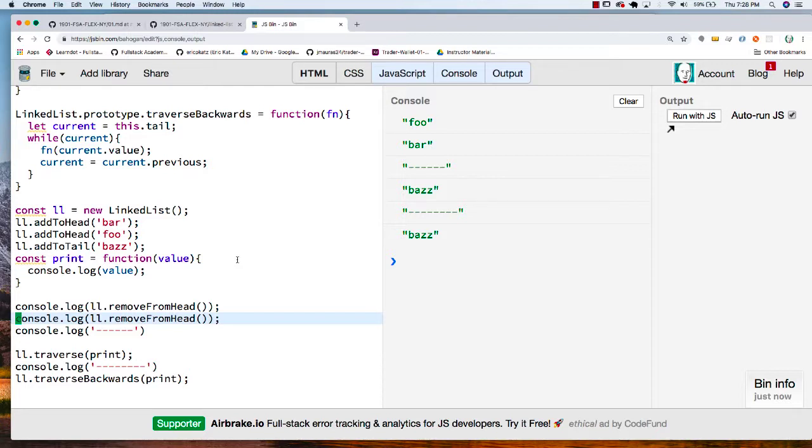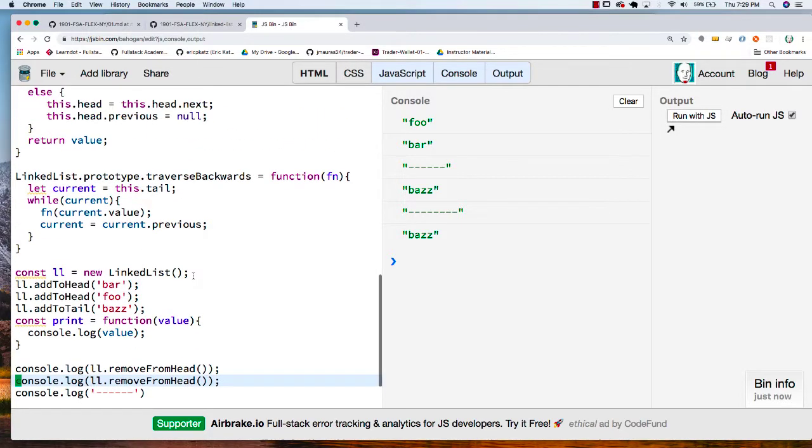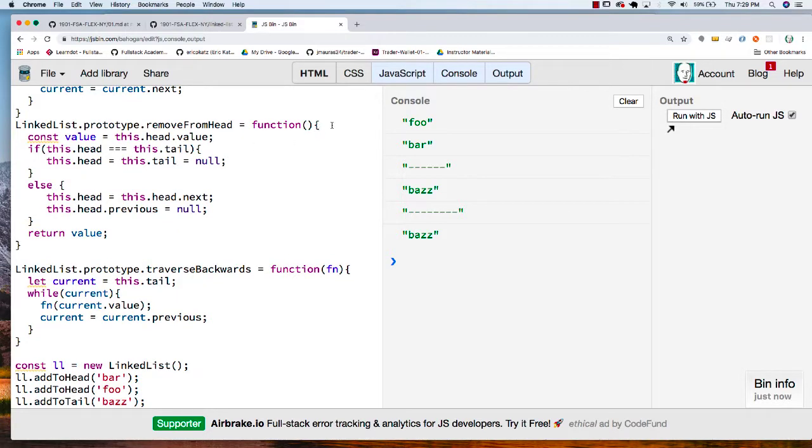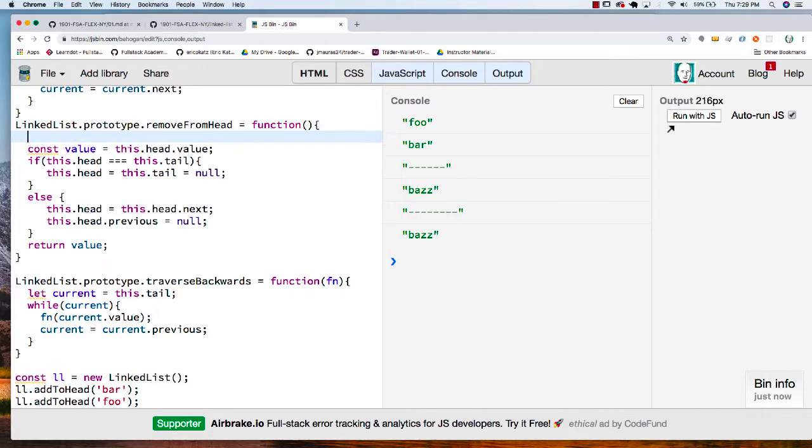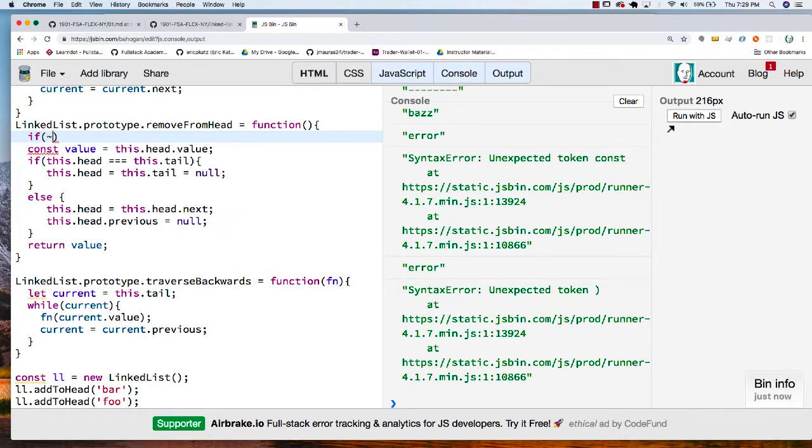I don't know if it will. Let's see. There's going to be nothing to remove. It shouldn't happen because if I keep on removing, that's right. So if we remove from the head, one thing we could probably put up here, just as a blocker, is to say, hey, look, do it however you want to do it. If not,